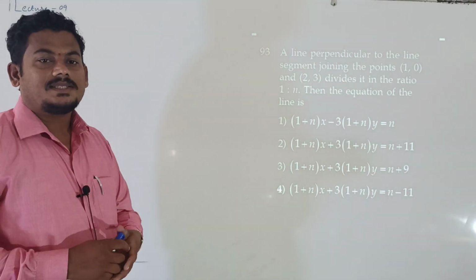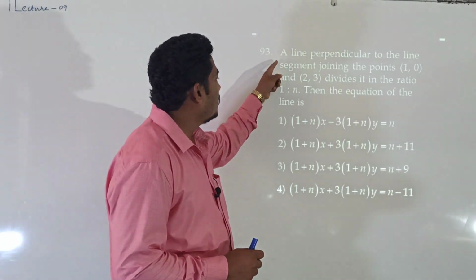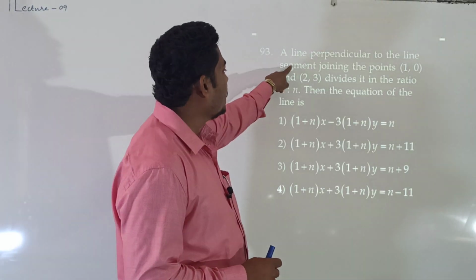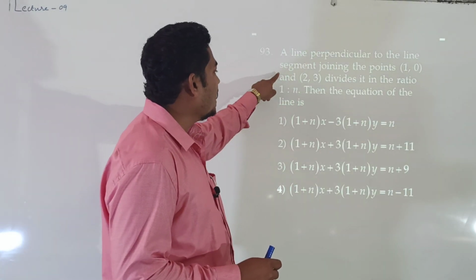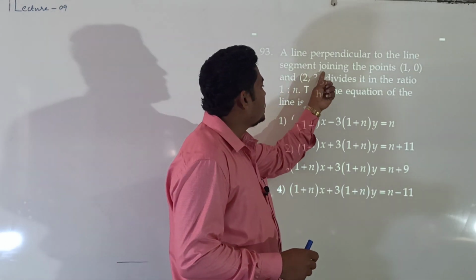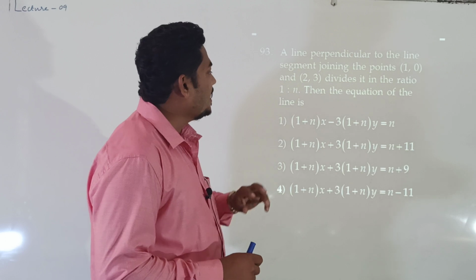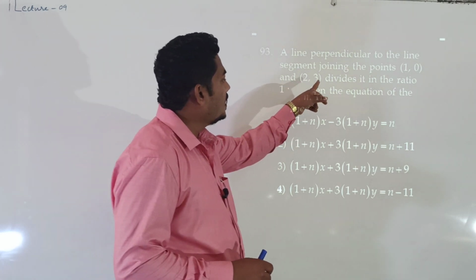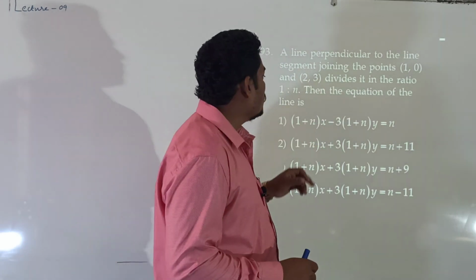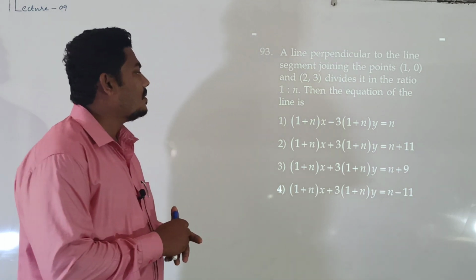That is 93. Question number 93. A line perpendicular to the line segment joining the points (1, 0) and (2, 3) divides it in the ratio of 1:n. Then the equation of the line is